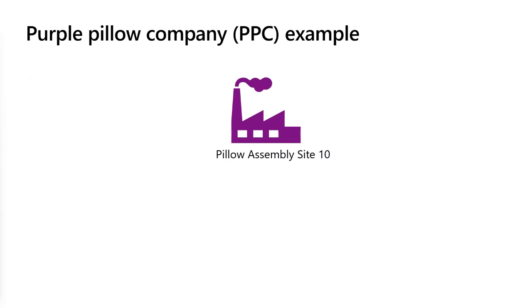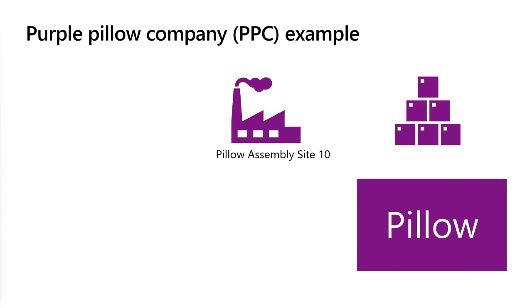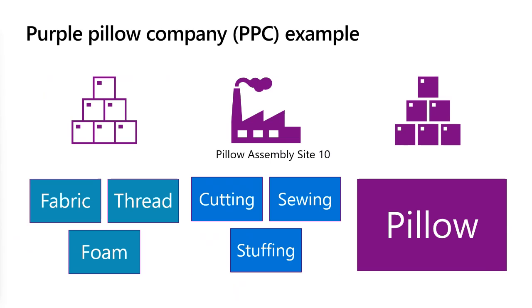In today's example, we are working with the Purple Pillar company, a bedding manufacturer that works with Dynamics, and the pillow assembly site, a discrete manufacturing operation that uses a make-to-stock strategy and procedures. They produce pillows. In the process, they consume components such as fabric, thread, and foam throughout the operations, such as cutting, sewing,